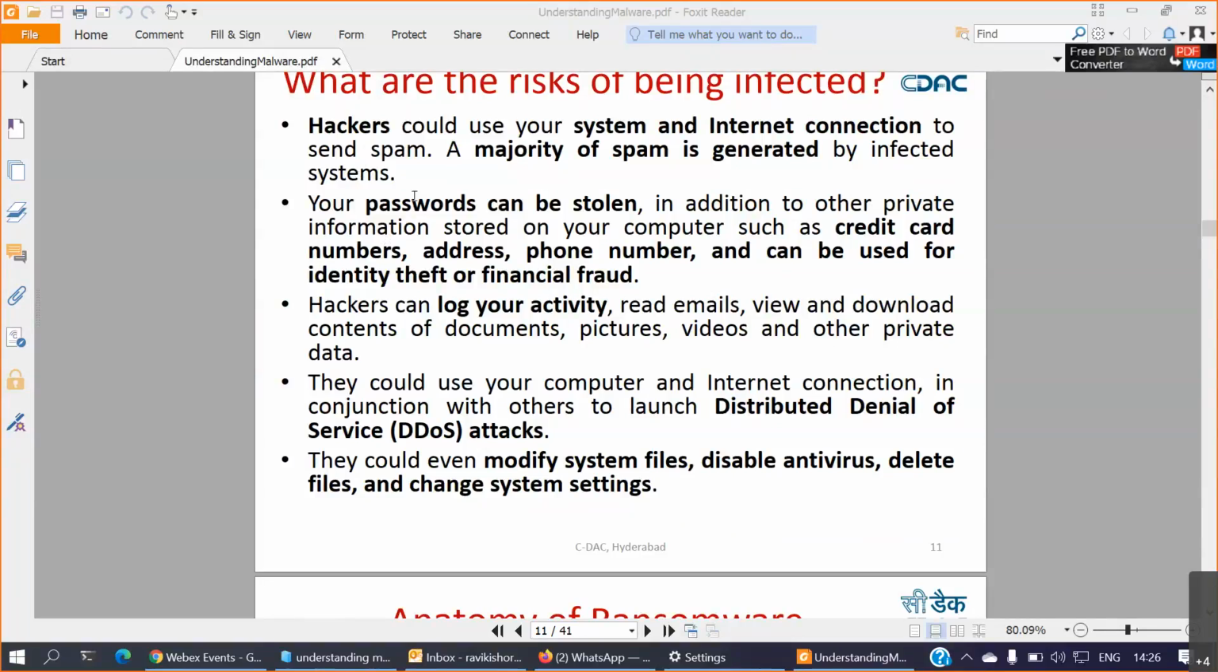And second thing, your passwords can be stolen, and some sensitive information like credit card numbers, address, phone number,